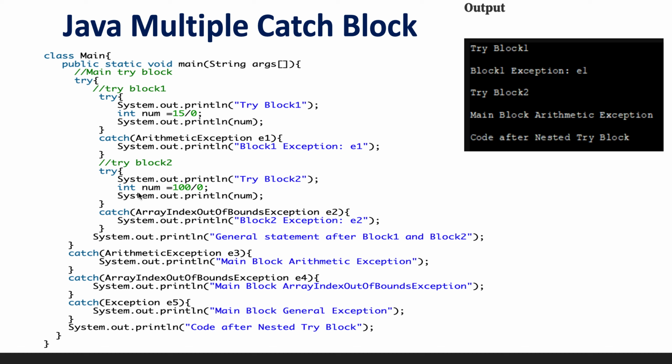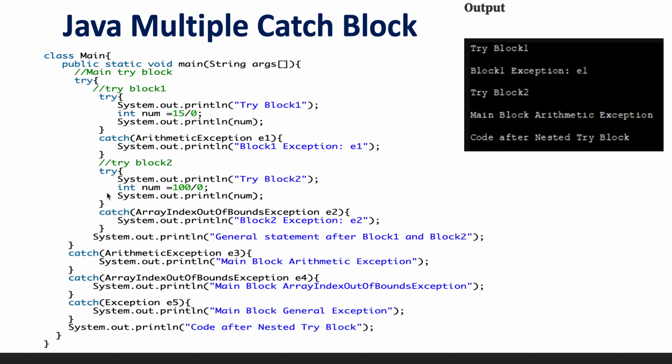Then it will go to the second block and print the statement try block 2, and then again we are doing some operation. Let's say this is also throwing an ArithmeticException, but instead of handling ArithmeticException, we have handled ArrayIndexOutOfBounds here. So it will not go into this catch block.